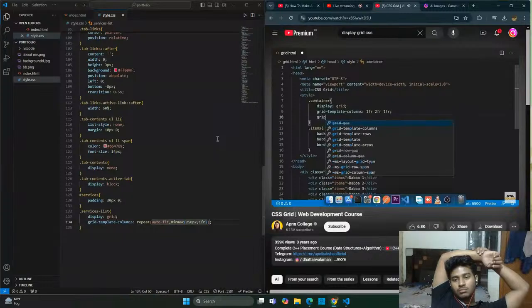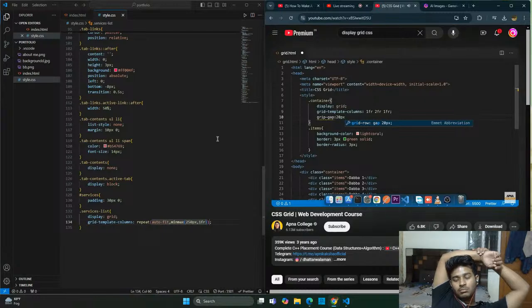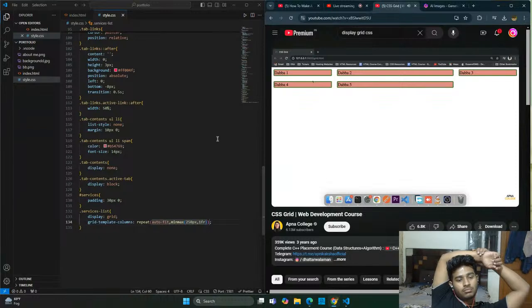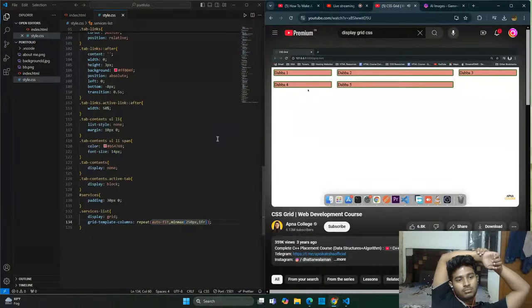ठीक है, और इसमें हमको गैप देना हो तो हम ग्रिड गैप नाम की एक प्रॉपर्टी है उसका यूज करेंगे, और इसके अंदर हम फिर से कुछ साइज दे देंगे, जैसे कि यहाँ पे मैंने 20 पिक्सल लिखा है और इसको मैं सेव कर देता हूँ। तो एक बार इसका आउटपुट देख लेते हैं। यहाँ पे आप देख सकते हो, जैसे हम मार्जिन का यूज करते हैं उसी तरह से यहाँ पे ग्रिड गैप का यूज अगर हम करेंगे तो हमारे जितने भी ग्रिड्स है उनके बीच में, जितने भी बॉक्सेस है उनके बीच में कुछ गैप आ रहा है ना।